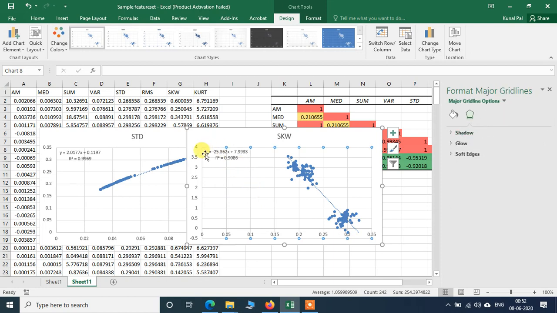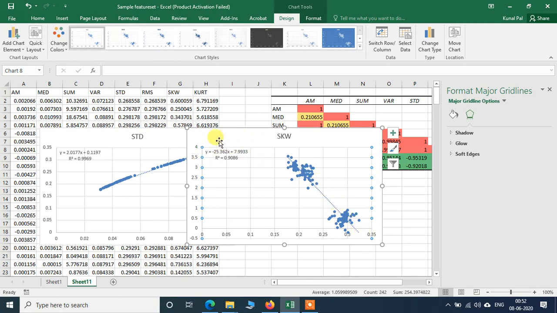Over here also, the equation is in the form y equals mx plus c. However, the m value over here is negative, minus 25.362. That means as x is increasing, the y value is decreasing, and the R square value is 0.9086.